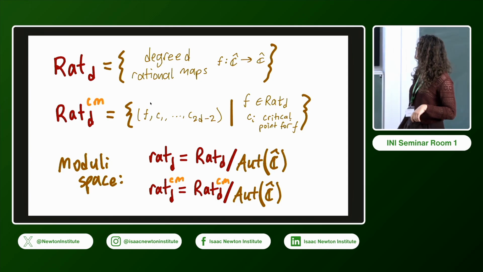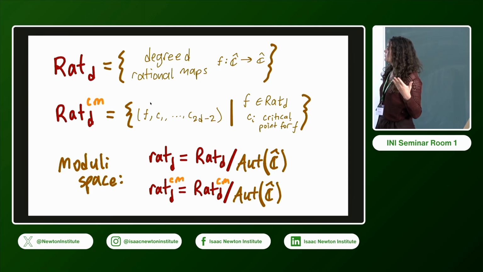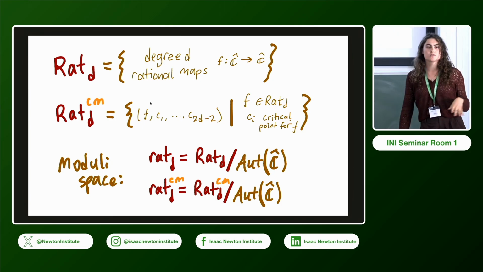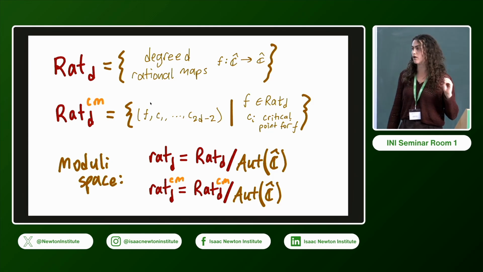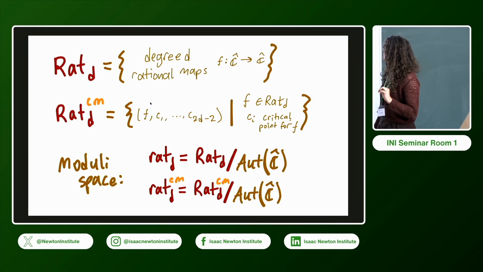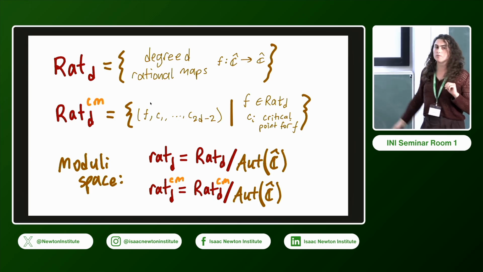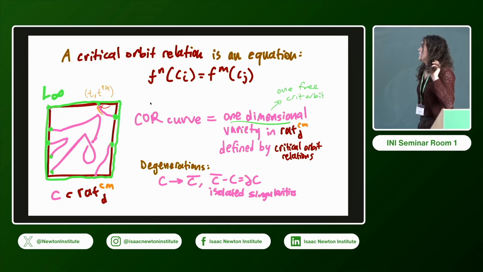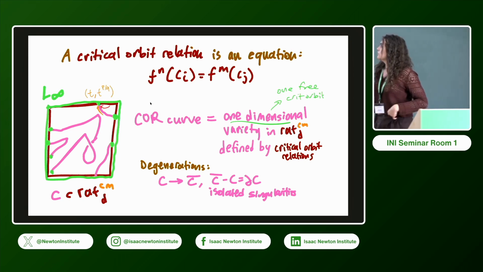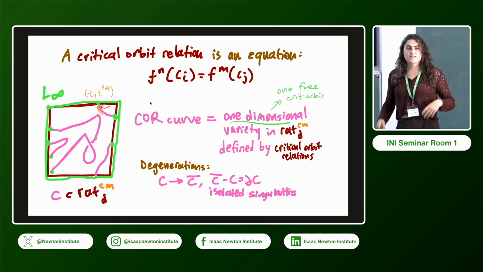Then the classical thing that we're going to look at is this moduli space, which is when we mod out our rational maps by the automorphisms of our underlying space. In this case, these are just Mobius transformations, and it descends for both the critically marked maps and the unmarked maps. All right, then what I want to say is that a critical orbit relation is just an equation